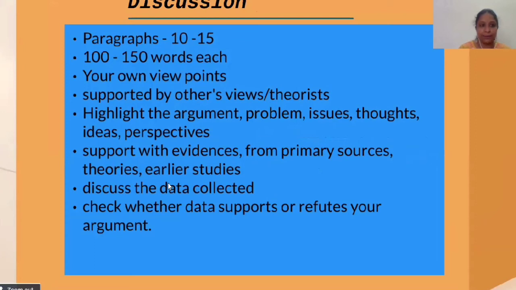And if you are writing a paper related to field study or ELT, you can also discuss the data that you have collected. And then check whether data supports or refutes your argument. So these are the various aspects that you can cover in the discussion part.